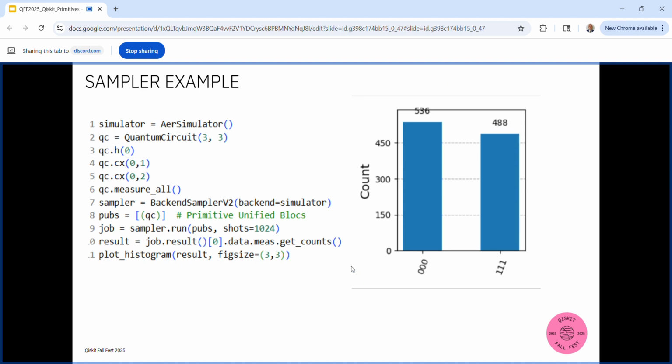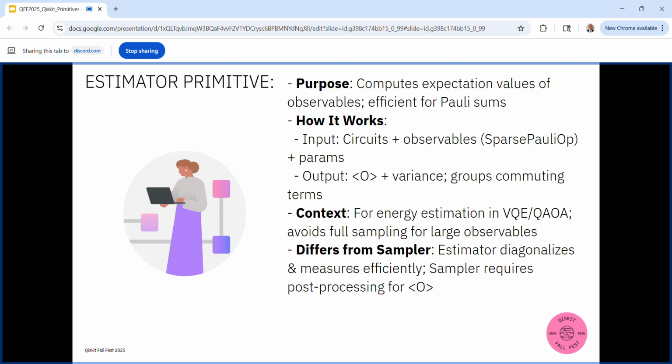So that's the sampler. Now, estimator, we're computing the expectation value. So if we diagonalize the matrix and take it times our vector, what's the result that we're going to get? There's a lot of systems where we're just trying to estimate the energy of the entire system. We don't want to have these raw bit strings that we have to process. We just want a singular scalar value for the system. And so that's where estimators come